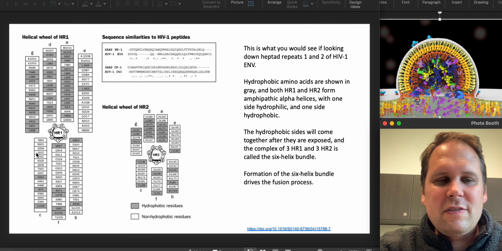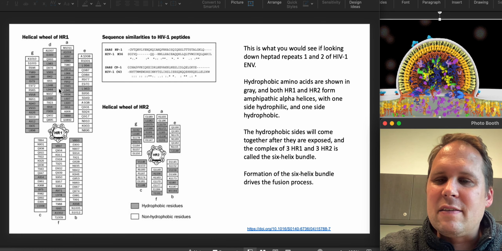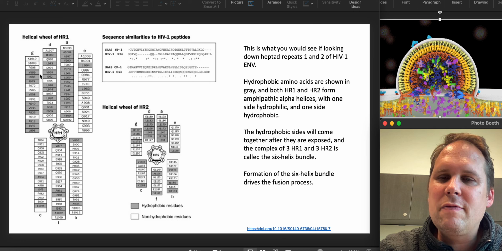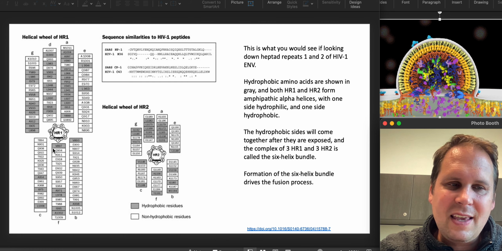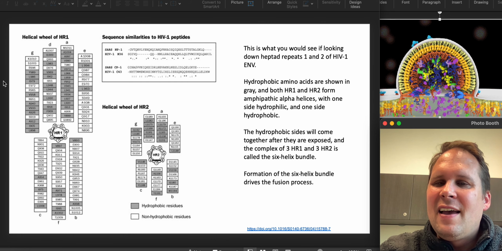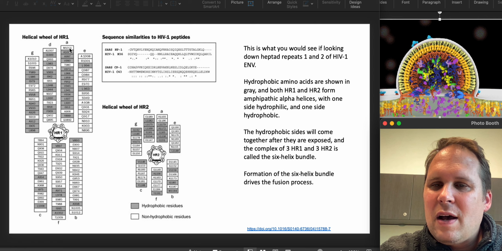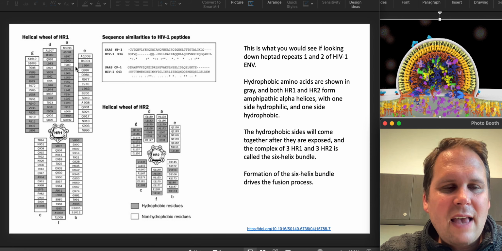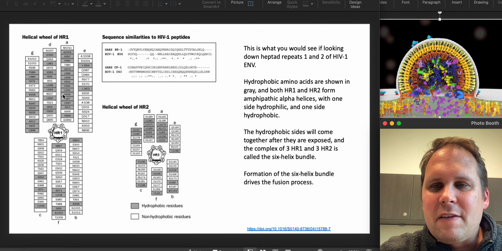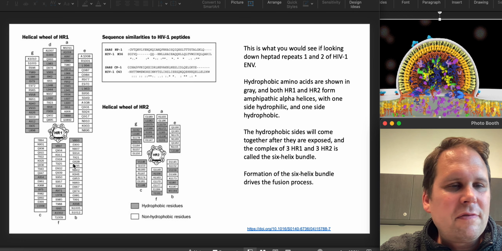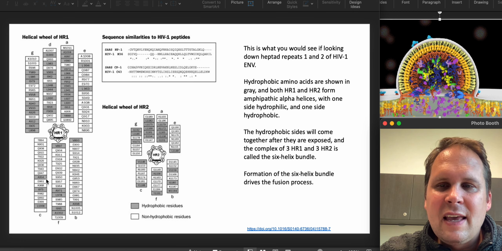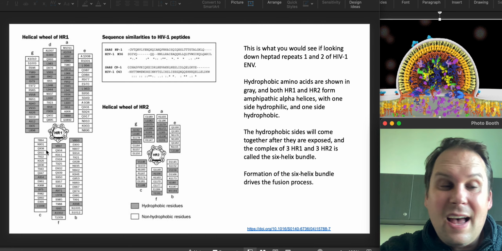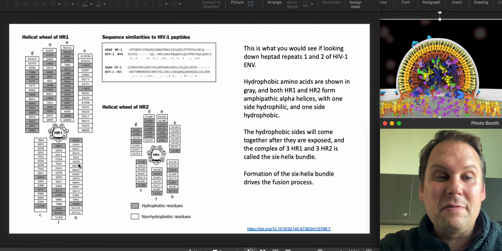This is showing which amino acids are going to be on which side. And so the order they go, this is position 1, 2, 3, A, B, C, D, E, F, G. 1, 2, 3, 4, 5, 6, 7. And you can see that 1, 4, and 7 end up on the same side of the helix, just like we said. And so if the amino acid has a hydrophobic side chain, they've colored it in sort of dark. And if it has a hydrophilic side chain, they've colored it in light. And so you can see that this side is pretty darned hydrophobic.